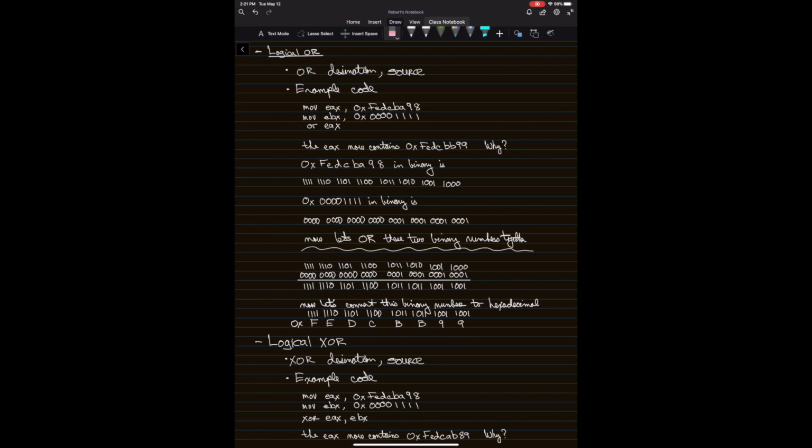All right, so here's some example code. The first thing I'm going to do is move a value into the EAX register. Then, for this statement, I'm going to move 00001111 into the EBX register, and then I'm going to apply the OR operator. At the end of this program, you'll notice that the whole thing comes out to FEDCBB99, which